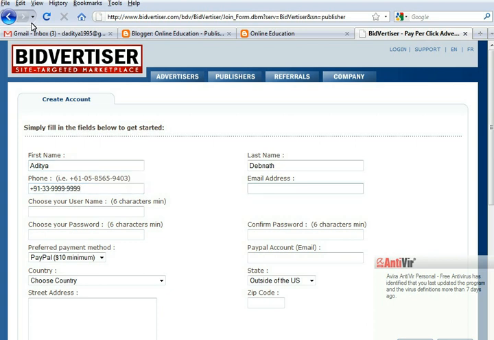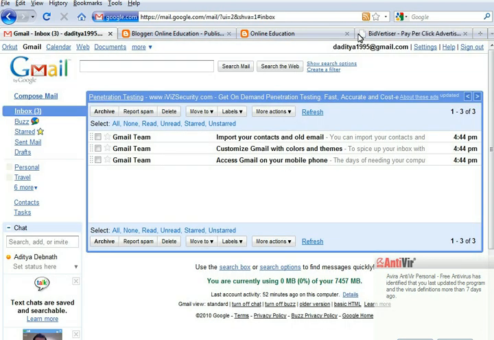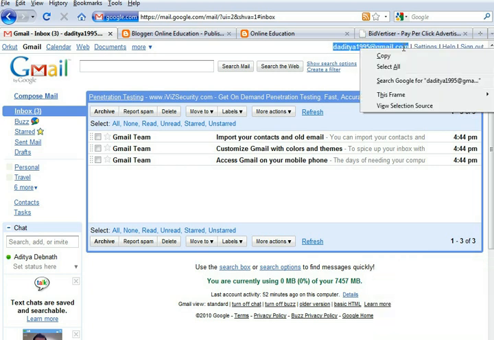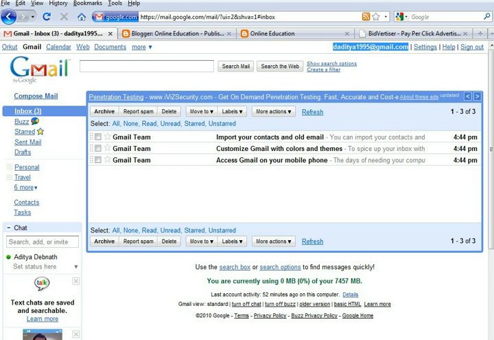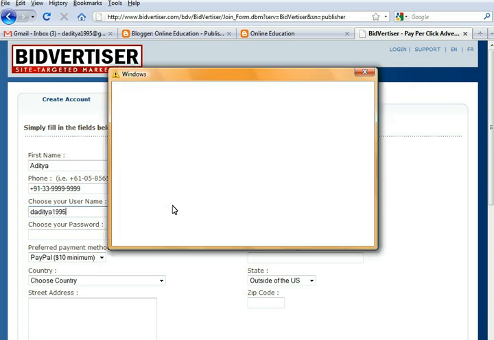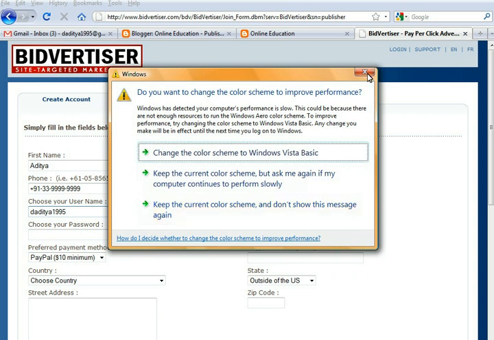And your mail ID. Copy this and paste here. Choose a username, Aditya. And your password.